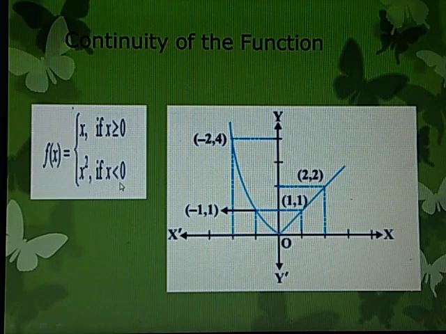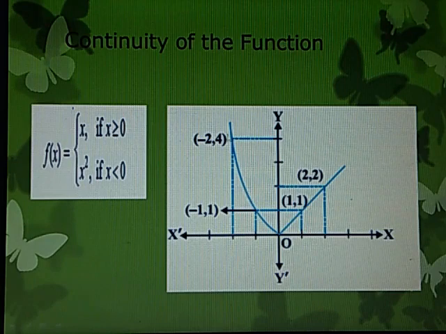Now, if x is less than 0, the function is taken as x square. If we see, it is part of the parabola. Okay, but I have to assign only negative values to x. So corresponding to each negative value of x, its square will be positive. You can see the curve is in the second quadrant. Here x is negative, but its square, that is f(x) or y, is positive. Now as the value of x increases, f(x) will also increase.